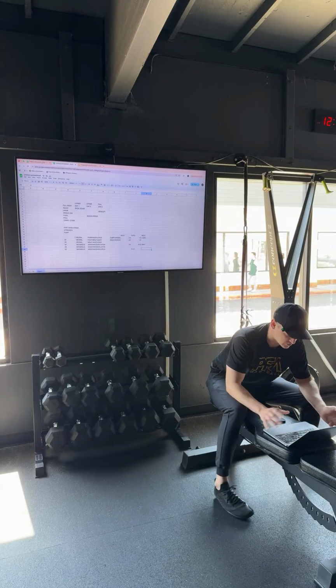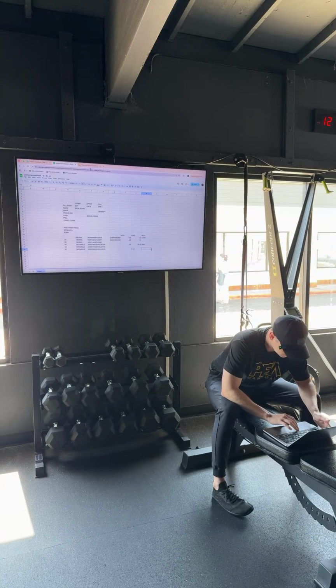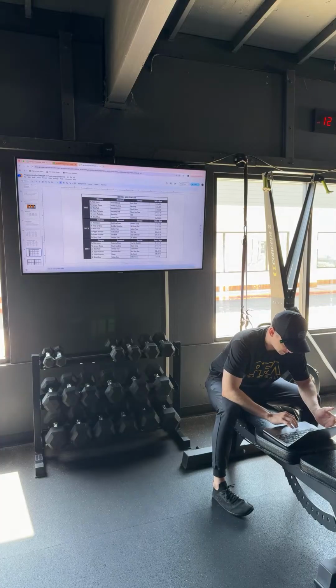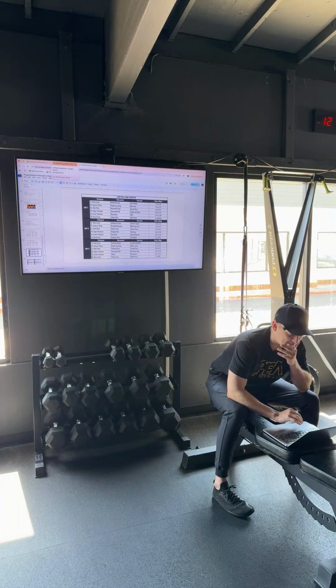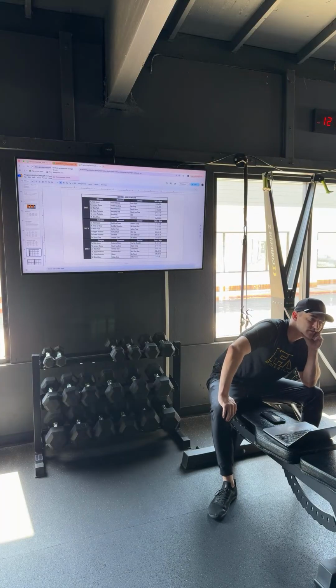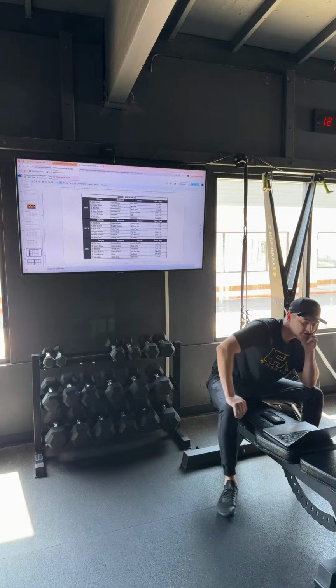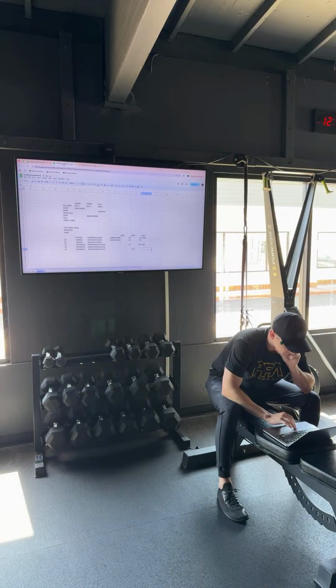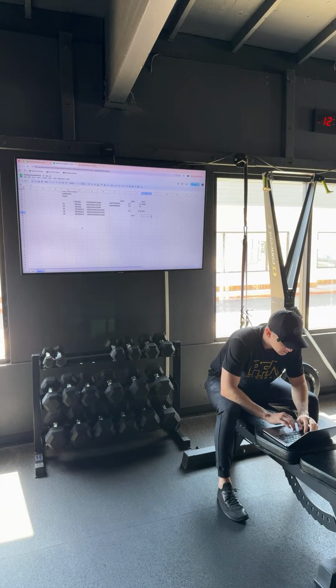So that's just the structure or the framework for this, but it all depends again on the program. So what kind of program would you guys want me to do as an example? Do a client. 3 days, 4 days, what's the split? 3 days full body. Okay. So, like I said, for full body,